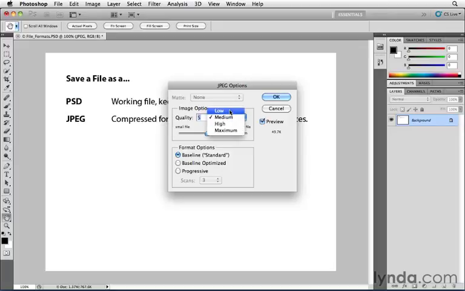These word presets are just presets for a particular number. So if you typed in 10, it would automatically switch over to maximum. If you take the slider all the way over to the right, the maximum value is actually 12, not 10. And maximum is typically the setting you would use if you wanted to archive your final corrected files, let's say, as JPEG. So they take up less disk space, but they don't actually introduce noticeable defects when they do the compression. Of course, when you're just trying to do a quick comp or do an email photo or whatever, throw it up on a web photo gallery where you don't care about absolute highest quality, 5 is a good starting